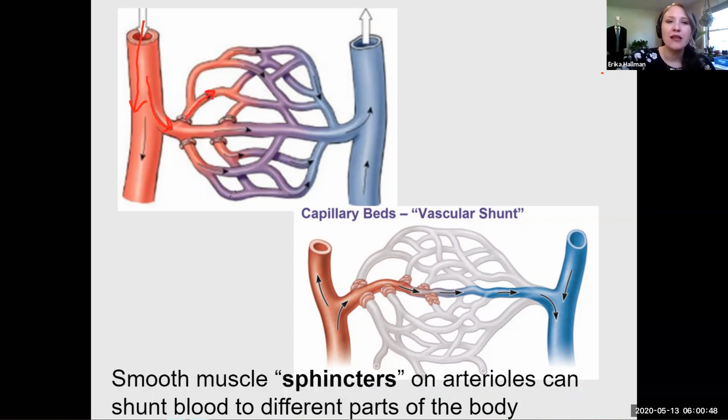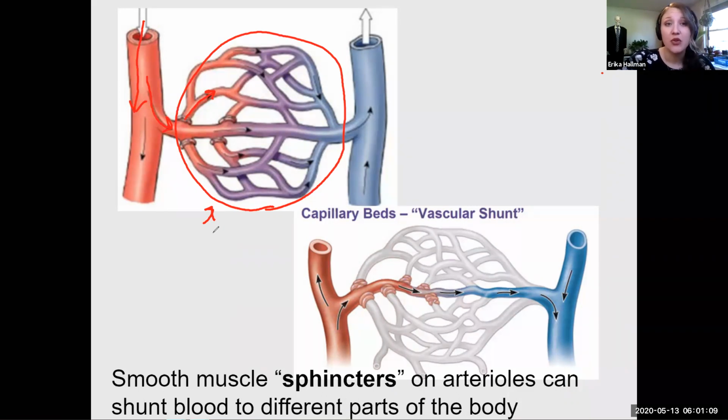Now, one thing you need to realize is that because this bed is going to increase the surface area and spread that blood out over a large area, a lot of times that large area is going to come closer to the contact of the skin, so it's going to be in our body tissue. There's a lot of heat loss that can happen in capillary beds. A lot of times that's a really good thing. That's how we are able to cool off if you're exercising and you get flush in your face. That's because your body is releasing a lot of heat through those capillary beds,